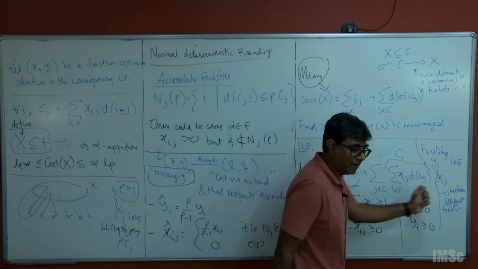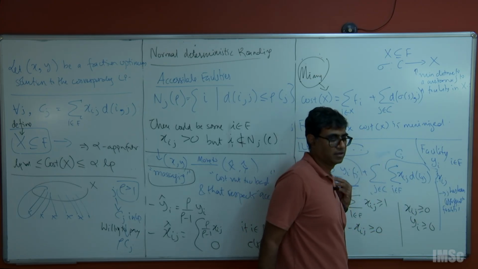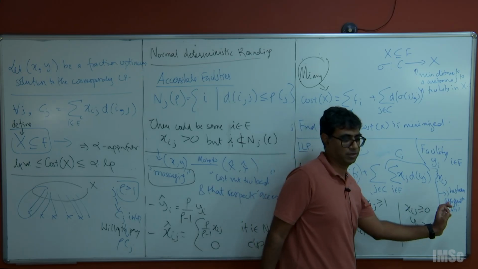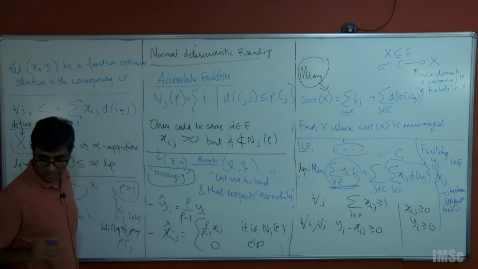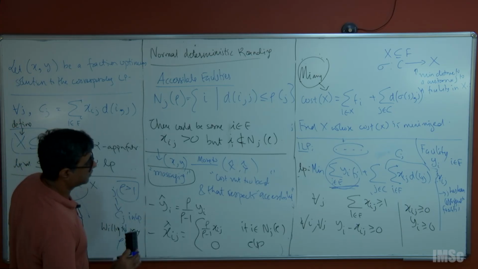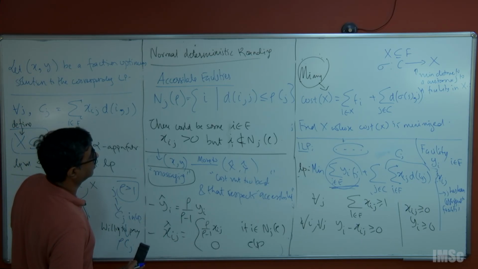So the total value of the new feasible solution is not too much larger than the LP. It's basically rho over rho minus 1 times the LP. Okay, that's it. So I have written the LP. What can I